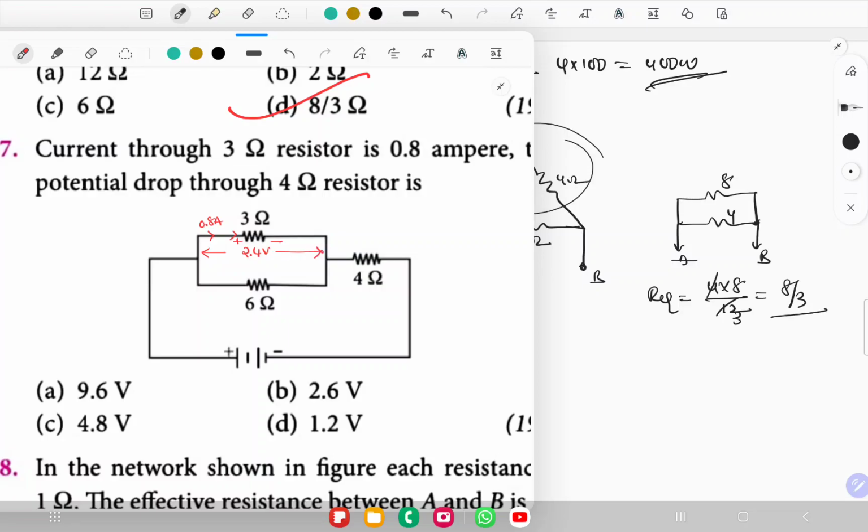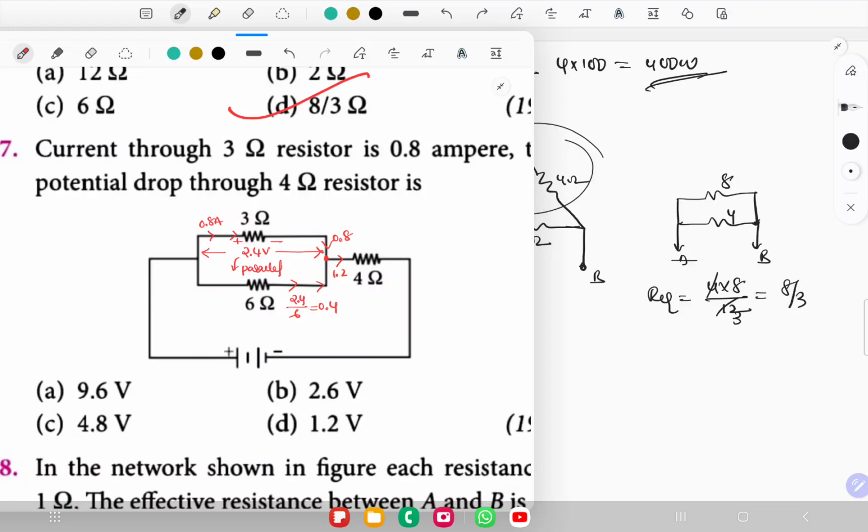the 3 ohm resistor. Is this 2.4 the same for the 6 ohm resistance also? Yes, it is, because they are connected in parallel. Then what's going to be the current? Current is going to be 2.4 divided by 6, which will give you 0.4 ampere. So if you observe here, 0.8 amperes and 0.4 amperes both are entering here, which will give you